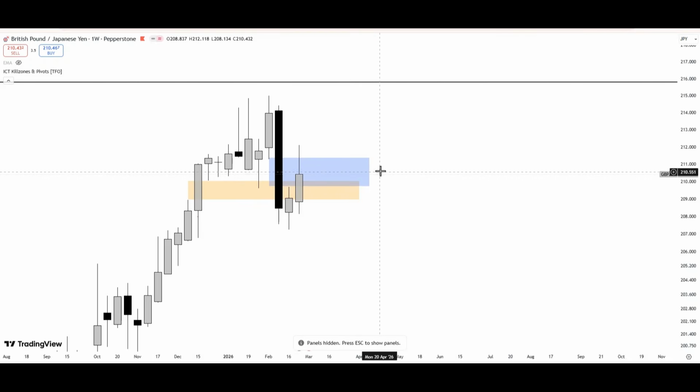So let's look at the weekly time frame. If you look at the weekly time frame, you can clearly see price inverted this bullish fair value gap. Of course, it was tagging the monthly key level. And after getting that, you can see now there's a bearish fair value gap here, which price has actually tagged, and this is where price is.